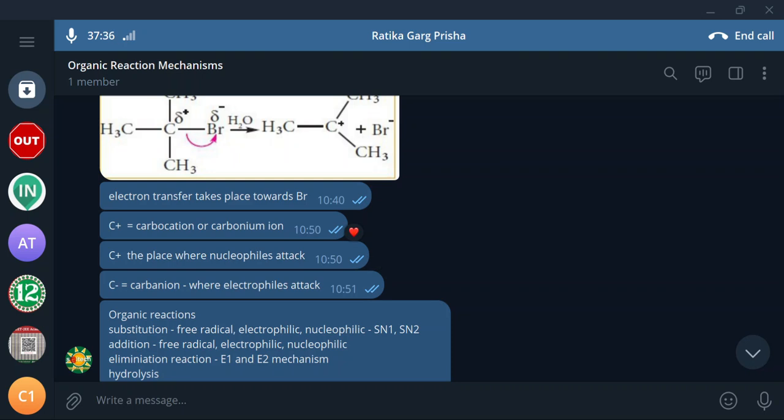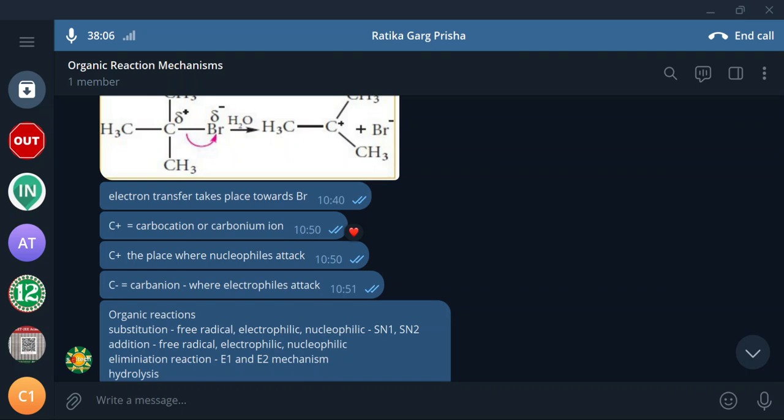ion. All the positive ions are normally suffixed by -ium. For example, sodium, potassium, strontium. Almost all metals have the positive character and they are called -ium only. For example, even ammonium, NH4 plus, and sodium, Na plus. Similarly, the carbon, or a group of atoms along with the carbon, can be called a carbonium ion or carbocation.